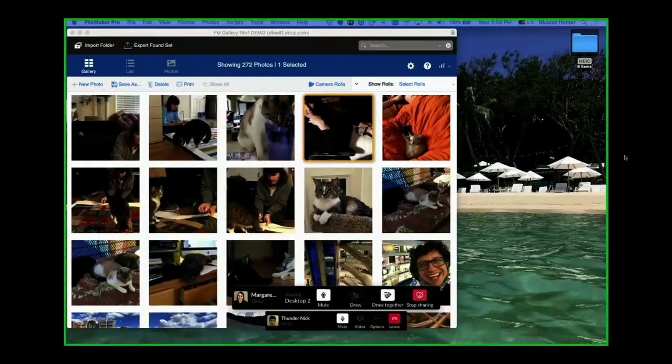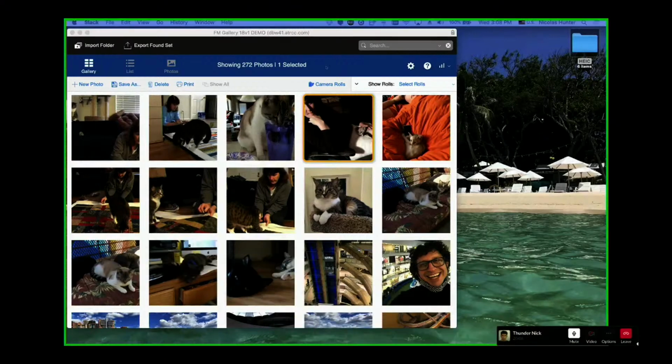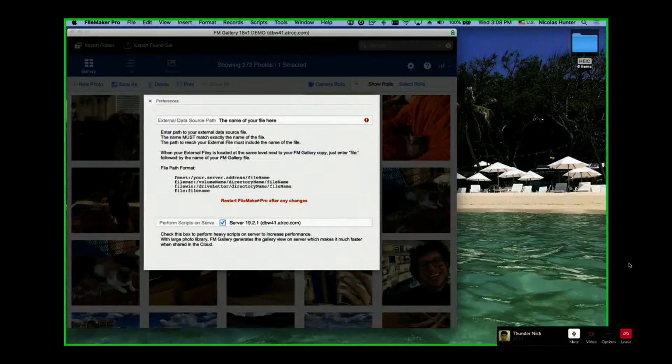And I want to demonstrate the speed with PISOS. So let me share my screen right quick. So here, what I was saying, I have 272 photos. I want to demonstrate the power of PISOS. So here I'm using PISOS, and the server is